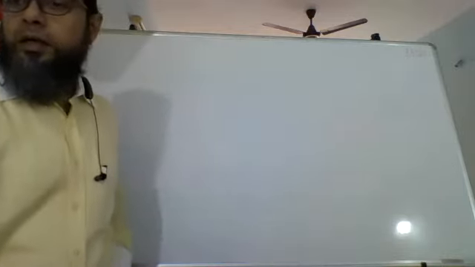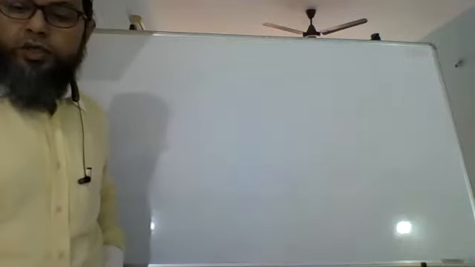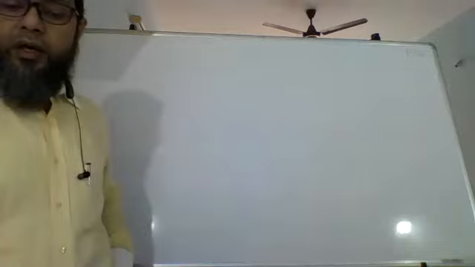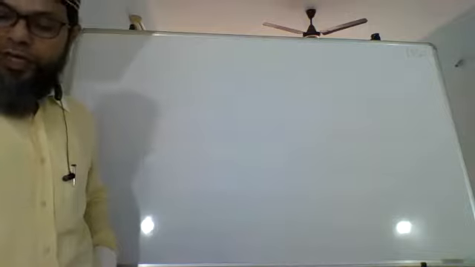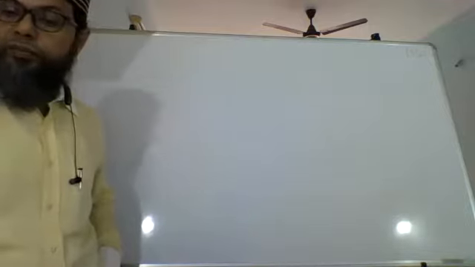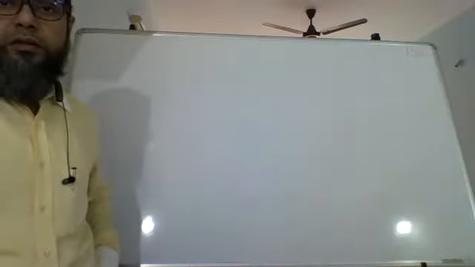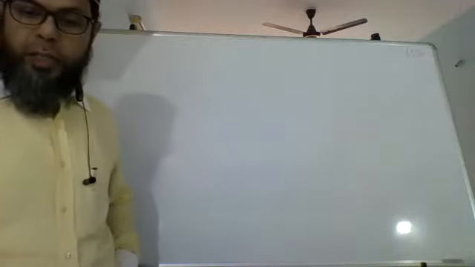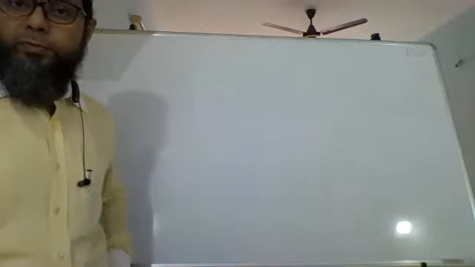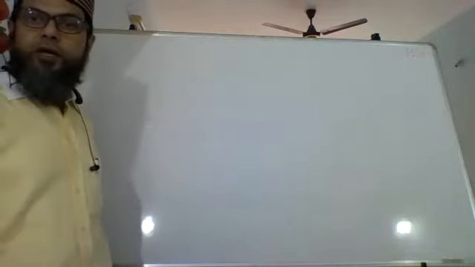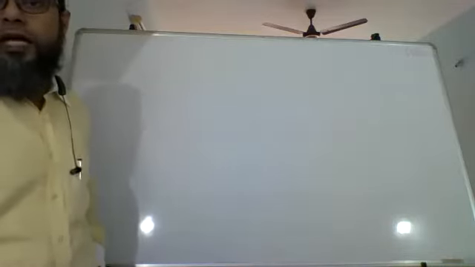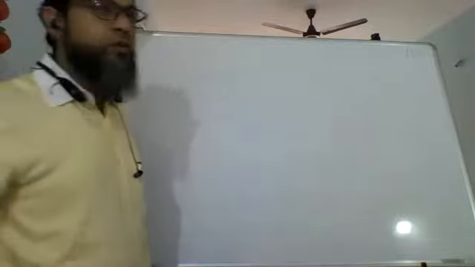Now here we have to find the number of students and the amount distributed. So the question is, what should I take as x and y? Number of students as x. And what will be y? Each student or total amount? Total amount. Let the total amount be y, because we have to find out the number of students and the amount distributed. Now, if you take total amount, that will not work. We have to go with what you had said in the beginning.